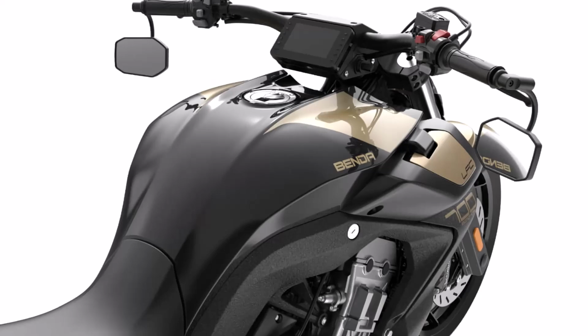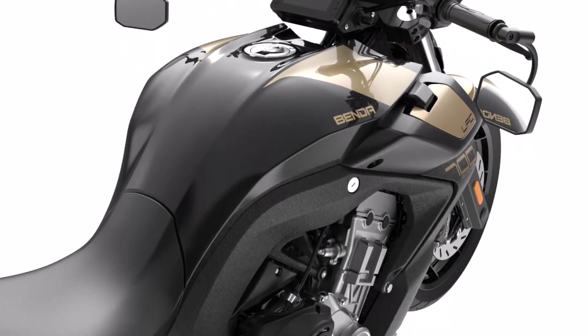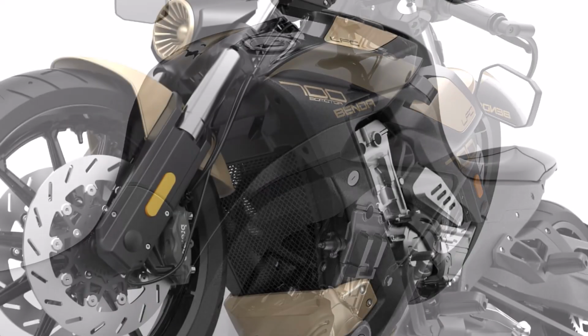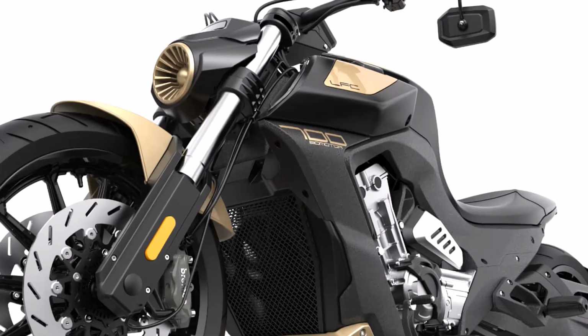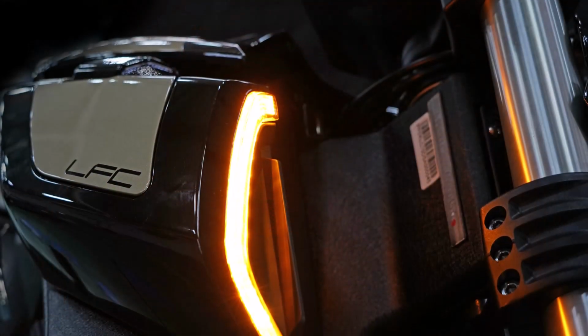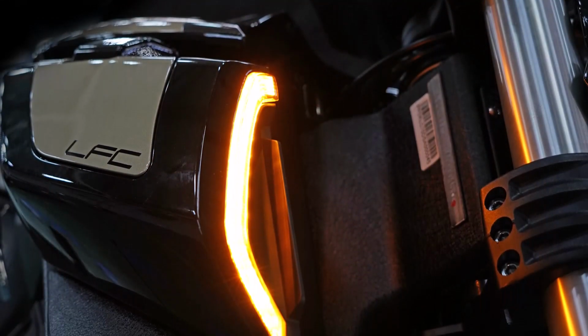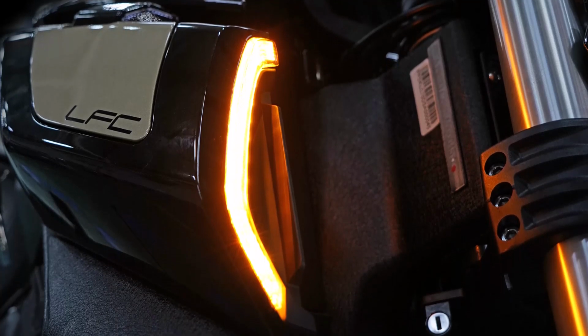It weighs in at 235 kilograms, holds 20 liters of fuel, and boasts a top speed of 195 kilometers per hour, proving that this isn't just a showpiece, but a serious performance machine. In conclusion, the 2025 Benda LFC 700 Pro is a bold statement, a fusion of brute power, high-end tech, and unapologetically futuristic design. Whether you're a cruiser fan or just want to turn heads everywhere you ride, this machine is